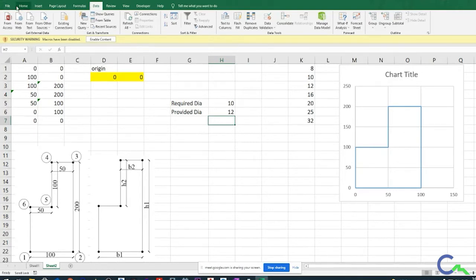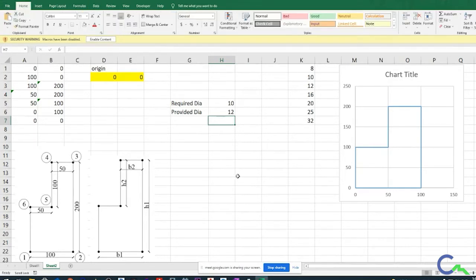So I will come back to the home tab. So I will click equal symbol. So this is the way we can implement the function. So I will go for if. Okay, I will open the bracket. If you don't know the logic, by default I know the logic. So first I have to give the logic statement, you can see there. If it is true, I have to tell what I have to show. If it is false, I have to show what it has to show. So it is showing the logic of that particular function.